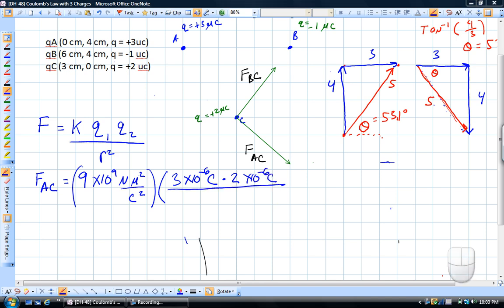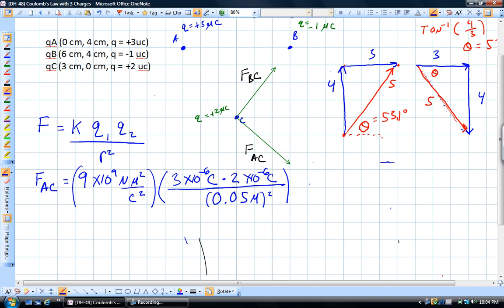And the distance between them, remember we found that over here. This happened to be a special triangle, so 3, 4, 5. The distance between A and C is 5, but that's 5 centimeters, so we need it in meters. Again, you've got to be really careful with your units here. To cancel out the meters, these have to be in meters. 0.05 meters